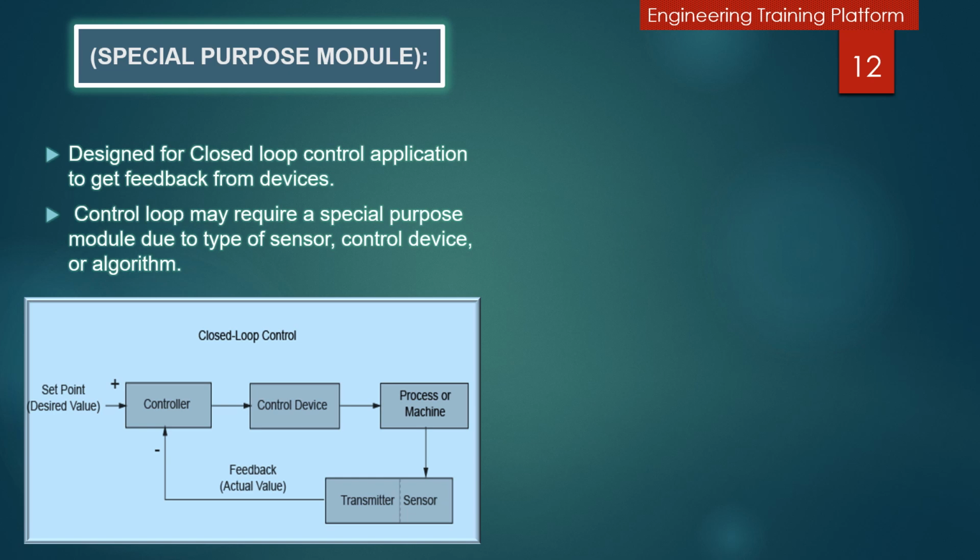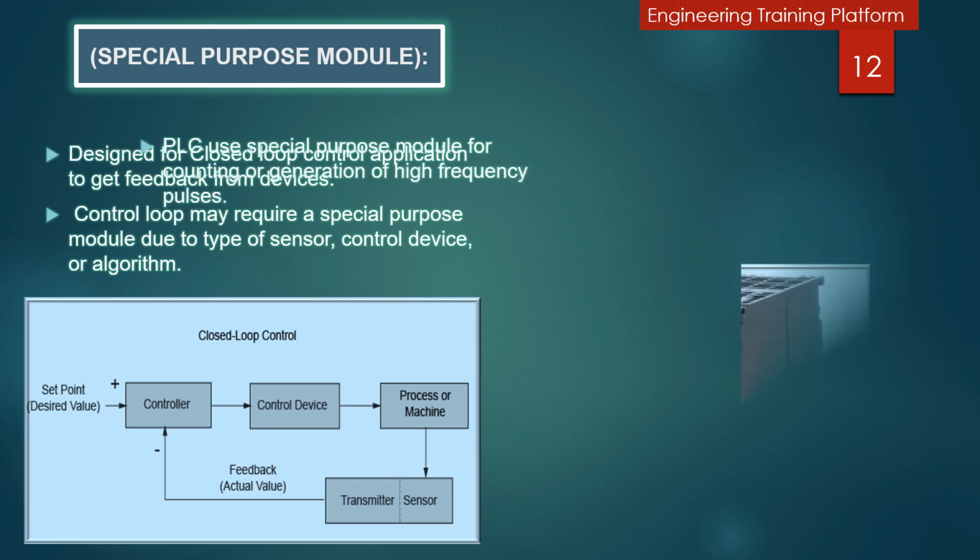Here in the picture I explain that the controller has the set points, and the controller sends the information to the control device, and through the control device the machine or process is controlled. After that, if some information is required, the machine sends the information to the controller through a sensor, because here we are using a type of sensor which can get the information from the machine and give feedback to the controller. The controller, through PID, checks the set points. In this way the complete cycle is completed, and it flows again as per the requirement.